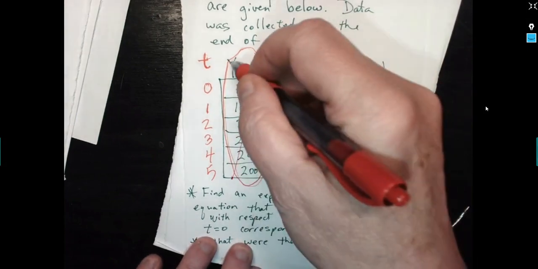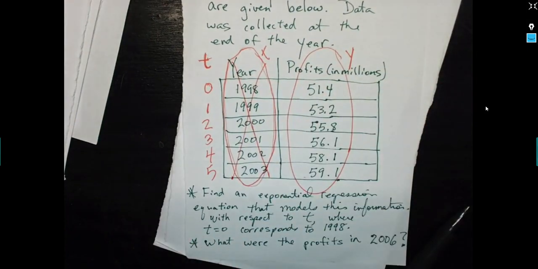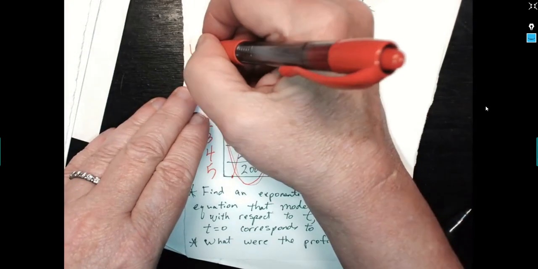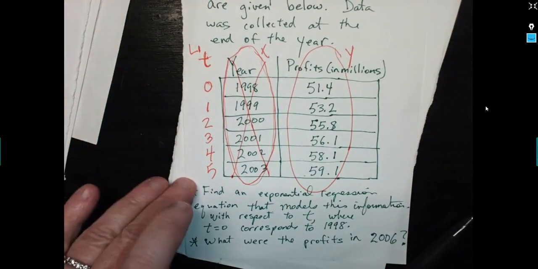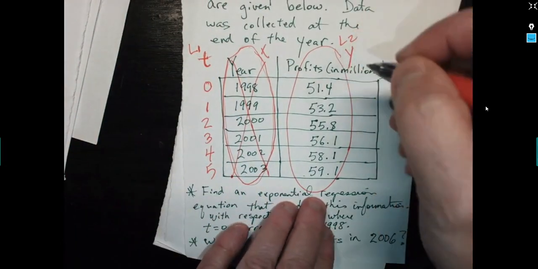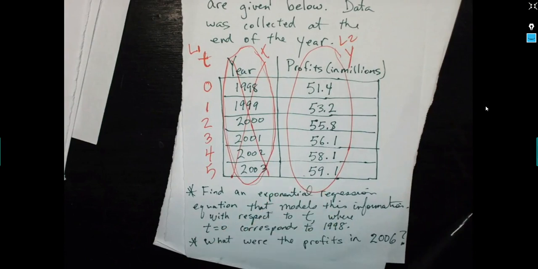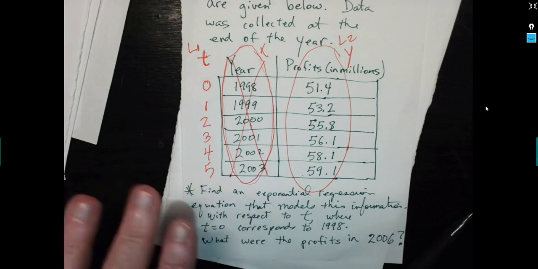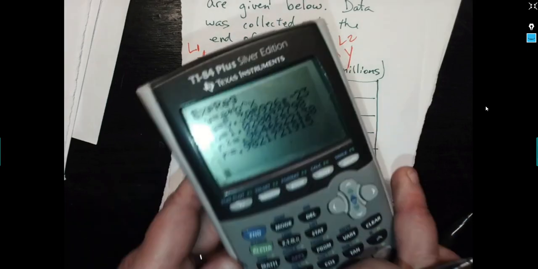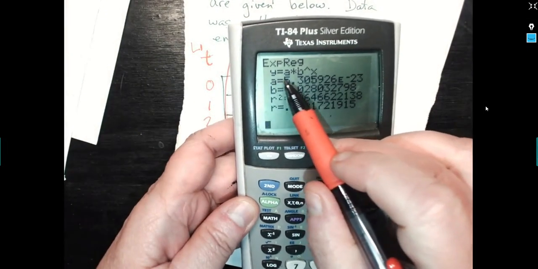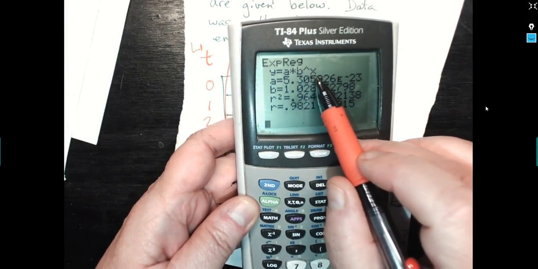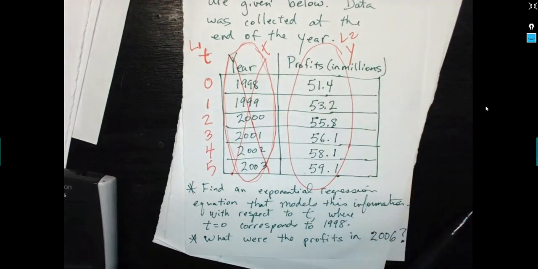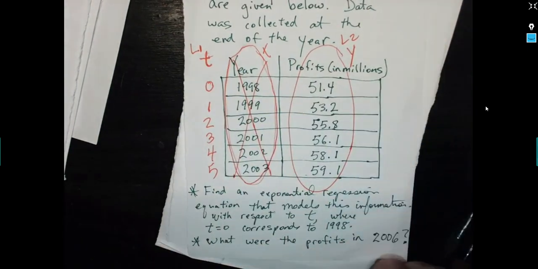So I'm not going to use this x list. My list 1 is going to be my t values, and my list 2 will be my y values. And I will get a function with respect to t, not to x. Now your calculator always shows your exponential regression equation written with an x and a y, but we are understanding here that I'm going to have my function